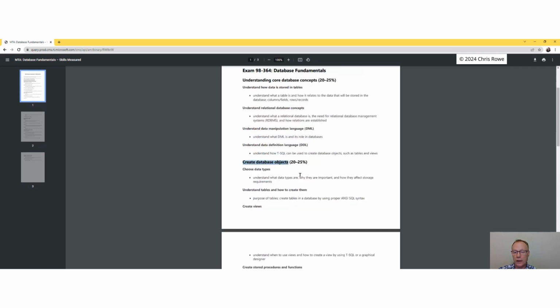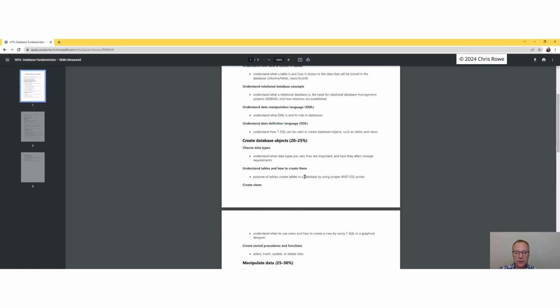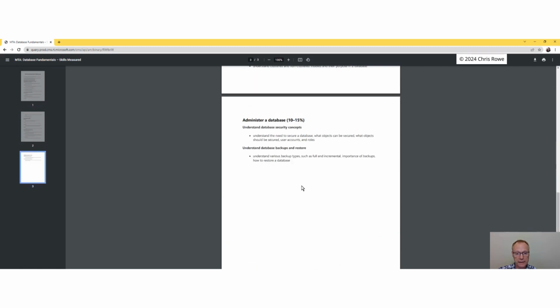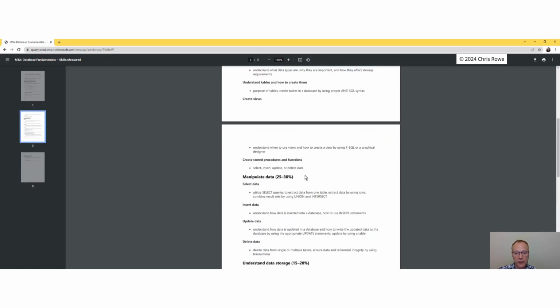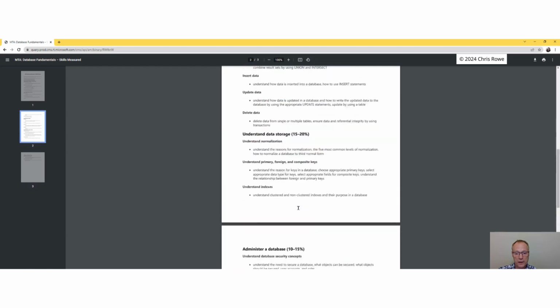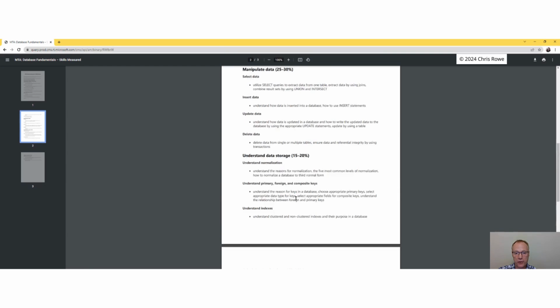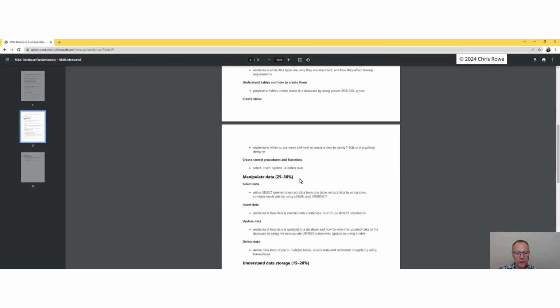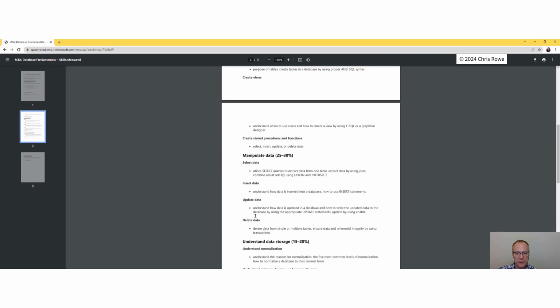We did a lot of this in the course. Again, we're looking at 20 to 25% of the course, and in choosing different data types, understanding tables, how to create them. We've been through all that, we've done all that, so you'll be a pro by that stage. And you can scroll up and have a look at all the different areas they cover. Certain ones have a little bit less focus, some a little bit more focus, etc. Obviously we've got selecting data, and you learned all about the insert, the update and the delete of data.